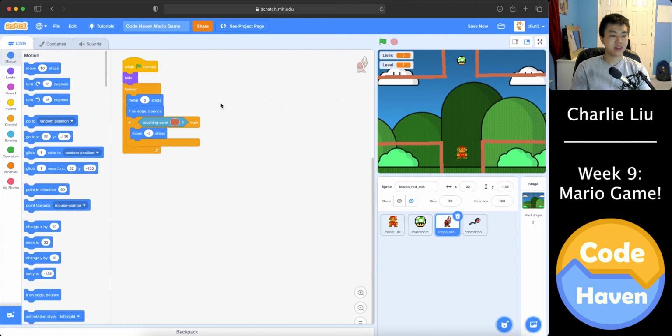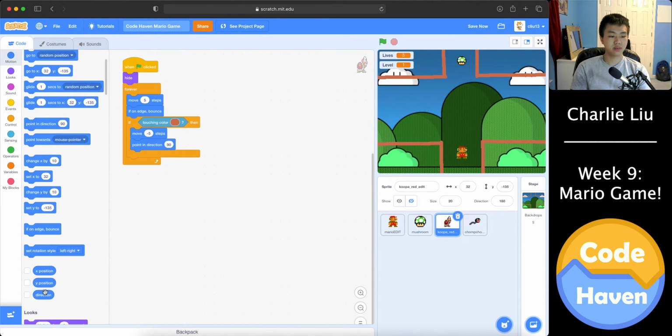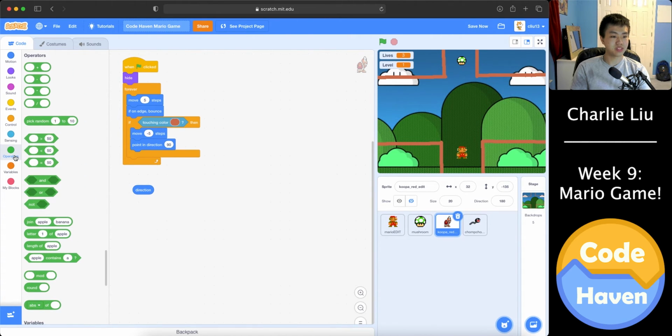In order to do that, let's grab this block right here. And then we're going to do some really quick math to pick a random direction. We're going to need a direction block, an operator block, specifically the minus block, and then a pick random block. Then we will say, let's pick a random direction where direction equals direction minus a random number between 1 and